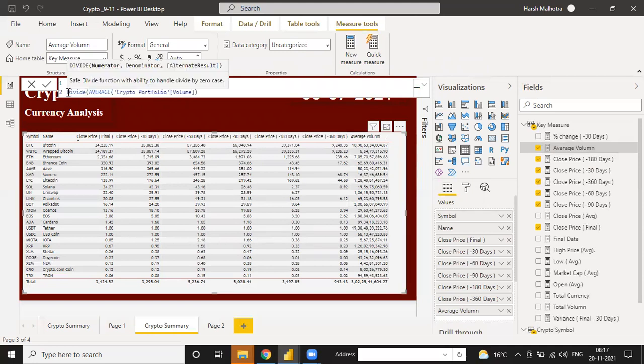Divide this average. No, not this function, just enter. I'm going to create a new function because this value will give you the higher insight, so I'm just taking a little lower value. So go to the key measure.